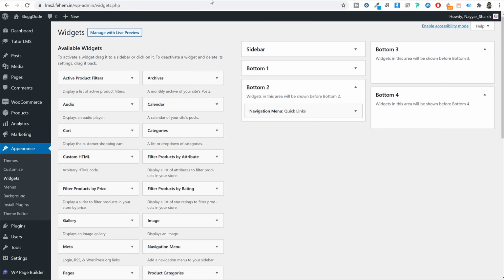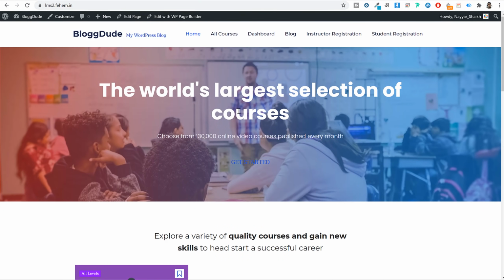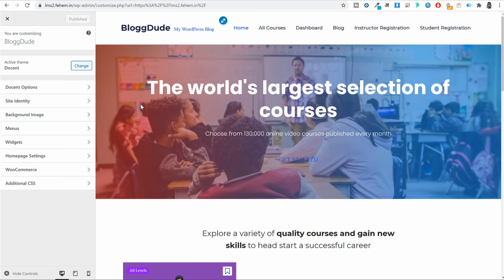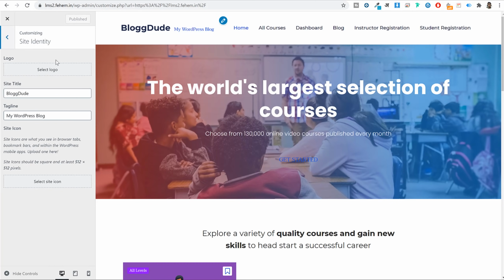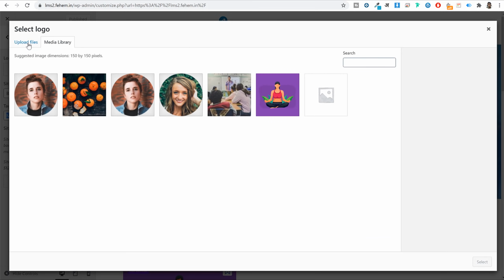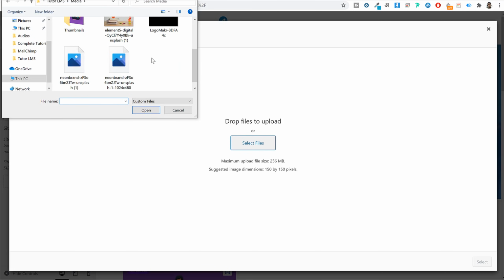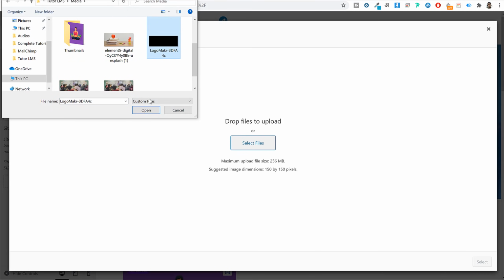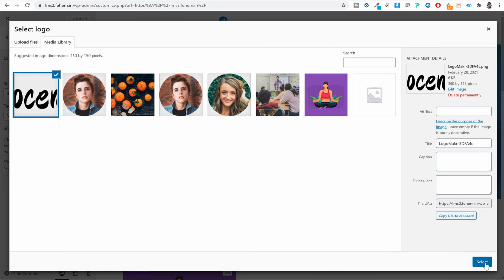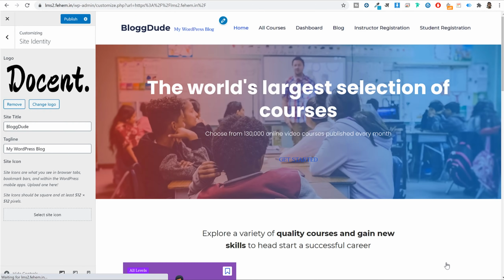Now let's see all the other customization options. Let's see how we can change the logo and all. To do this, you'll see this customize button at top, click on that. Now let's start with the most basic option, which is your site identity. Under your site identity, you can see this is your website name and this is your tagline. If you want to upload your logo, you can click on select logo and upload your logo. If you have a logo, you can upload that from here. I have selected this option. I'll select this, click on OK. Okay, skip cropping.